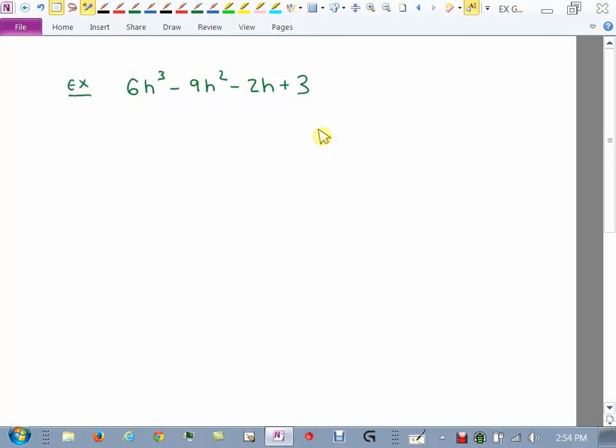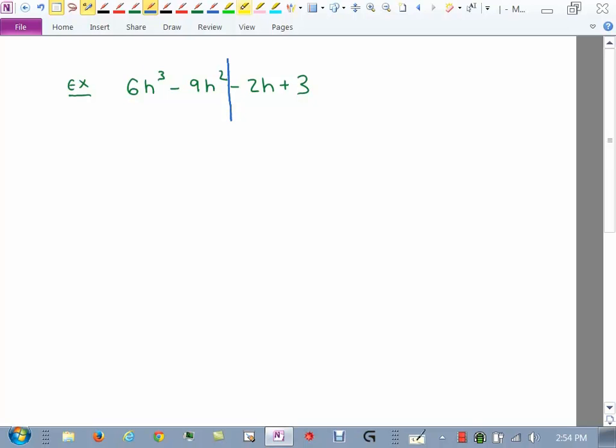So now I count the terms. How many terms? 4. And what do we do when we have 4? We try to group. We use the grouping method. Again, this will all depend on how you learned it and how comfortable you are with it. Here's the way I do it, and this is the way I teach it. If you have 4 terms and you want to attempt grouping, right after the second term, you split your expression.